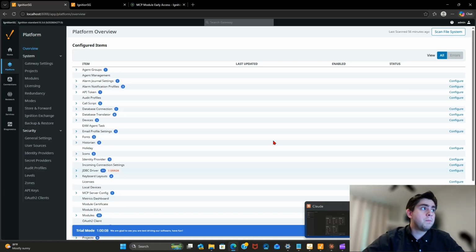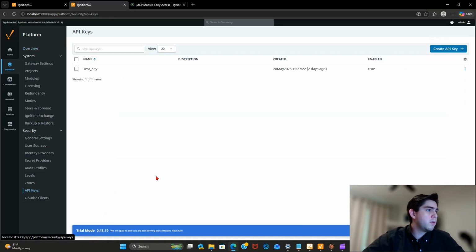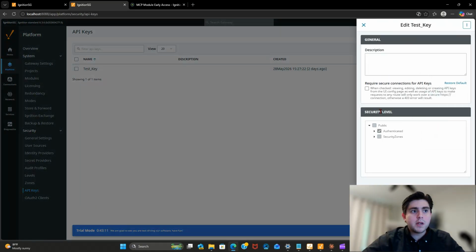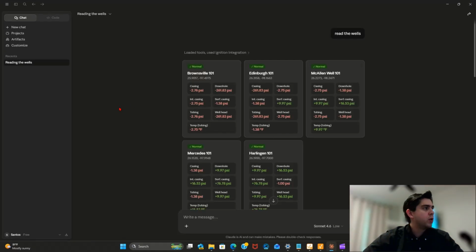But then another thing is you're going to have to use a key. So you go to API keys. I created this test key, and in this case, I turned off requiring secure connections for this API to make it easier because it's just in the testing phase. So once you have your files created and your API key, you are going to go, in this case I'm